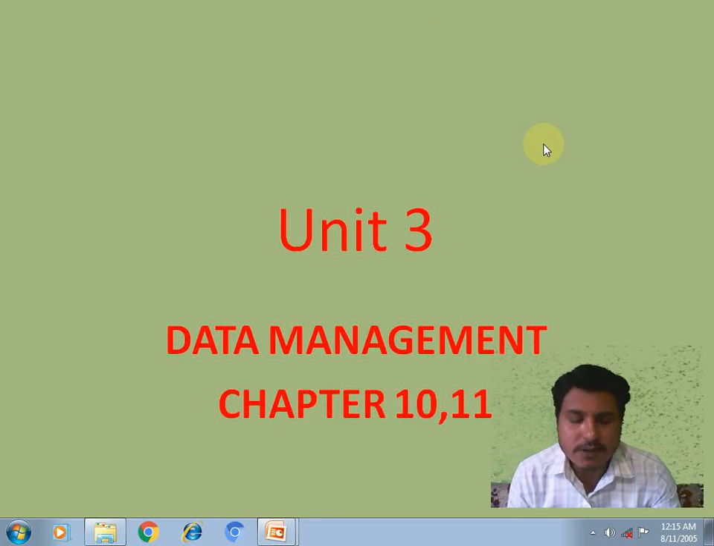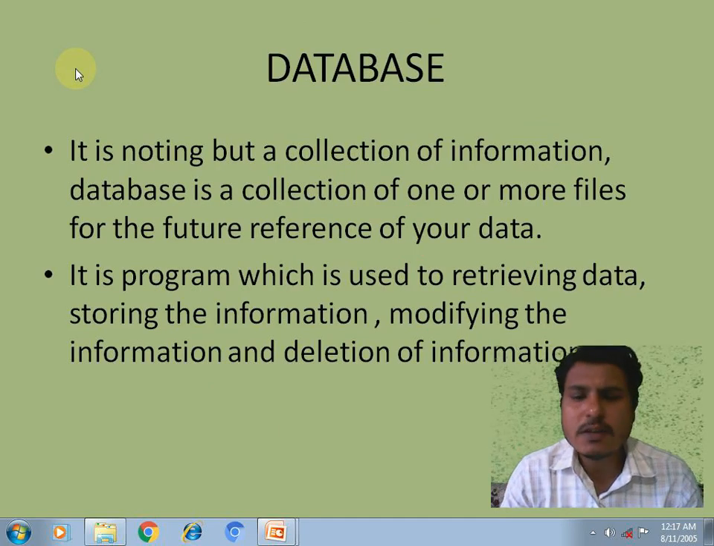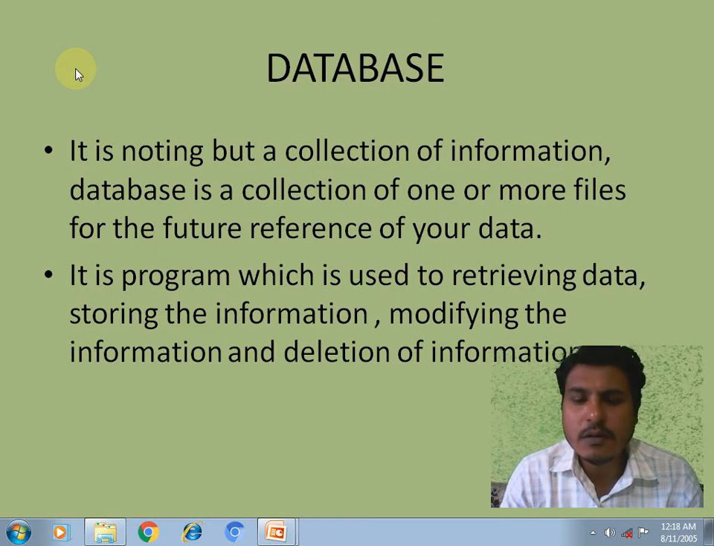Let's start. What is database? Database is nothing but a collection of information. Database is a collection of one or more files for the future reference of your data. Second thing is, it is a program which is used for retrieving data, storing the information, modifying the information and